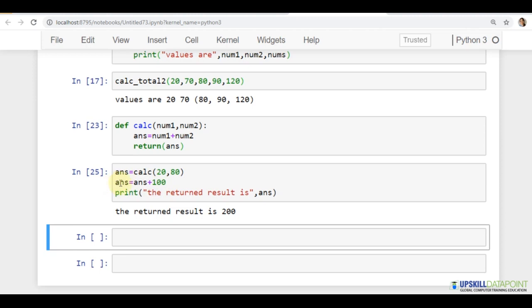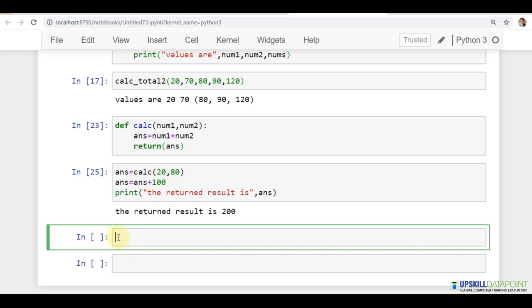Now what's the new value of answer? It's 200. So we got 200 here. So you can do further coding, or you can do further evaluations when the function is returning a value instead of just being a print statement.